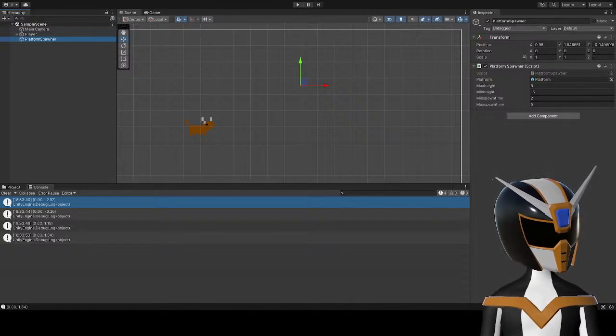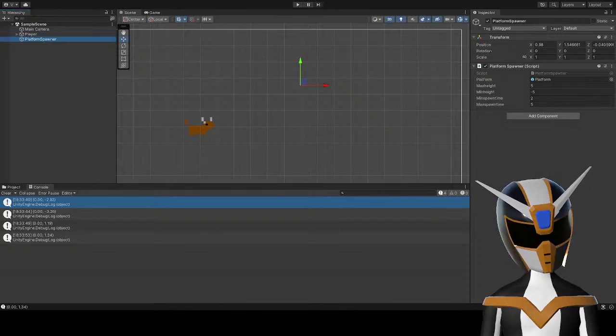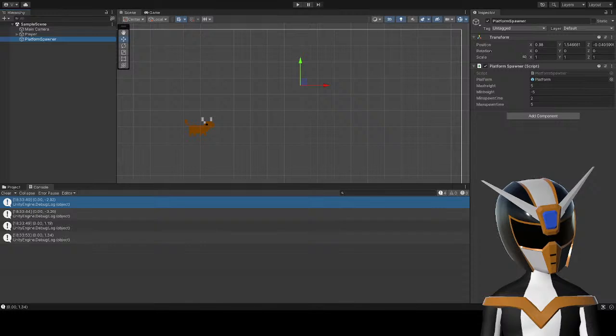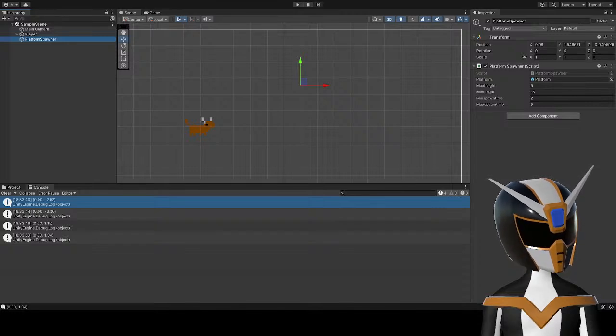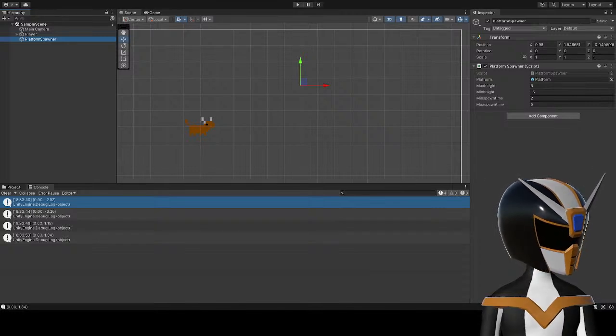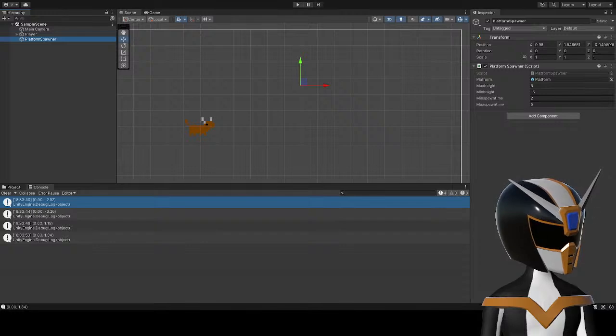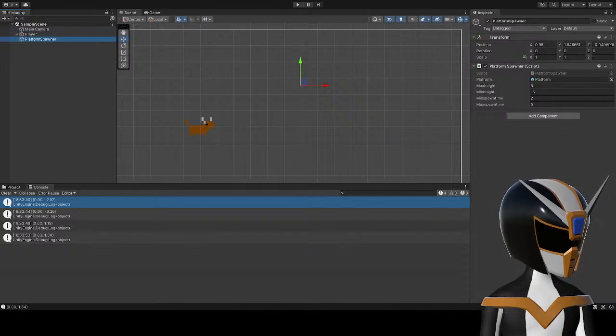I don't understand. I'm just Googling this. Prefab instantiating at wrong position. Nothing to do with the transforms, is it?